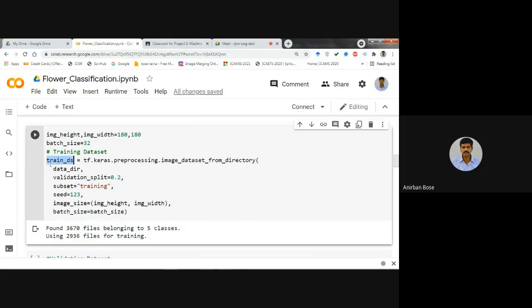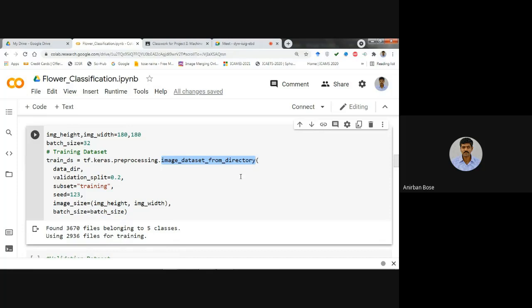We have given a particular name, say train_ds, and this is the function that we have used: tf.keras.preprocessing.image_dataset_from_directory.